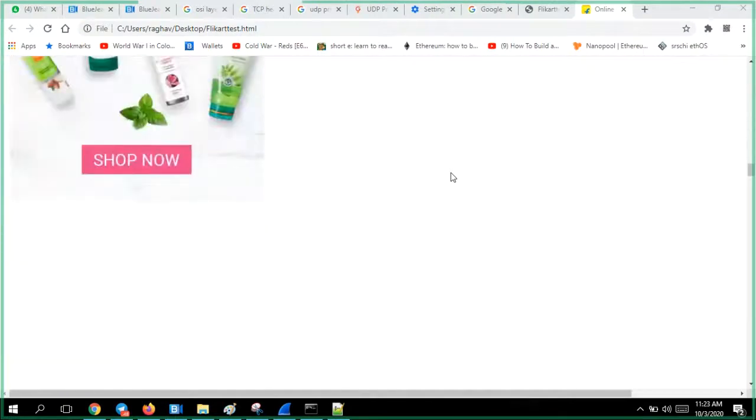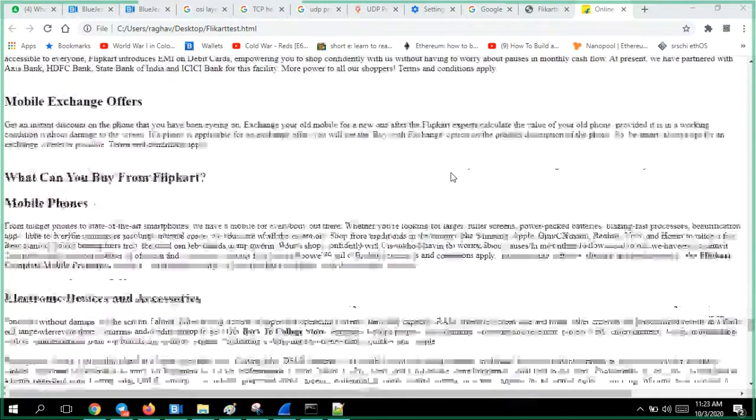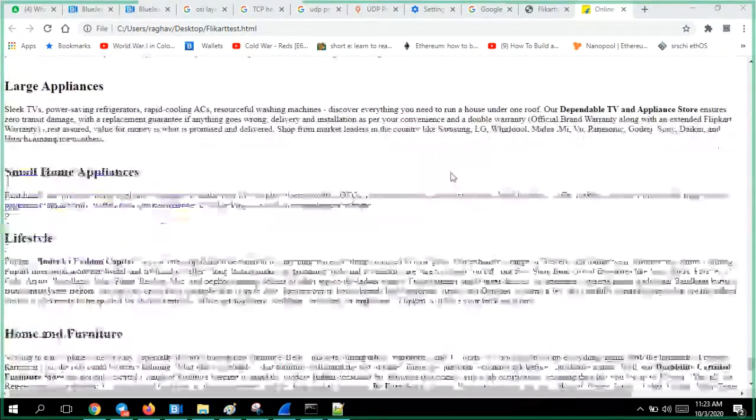Slowly it will load because it is locally the system processing it. You won't get everything because some server related dependency will be there. But most of the information, like basic bare HTML data, whatever we have saved, will come.